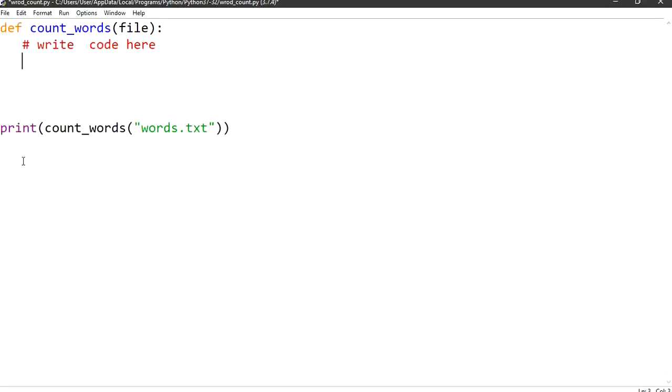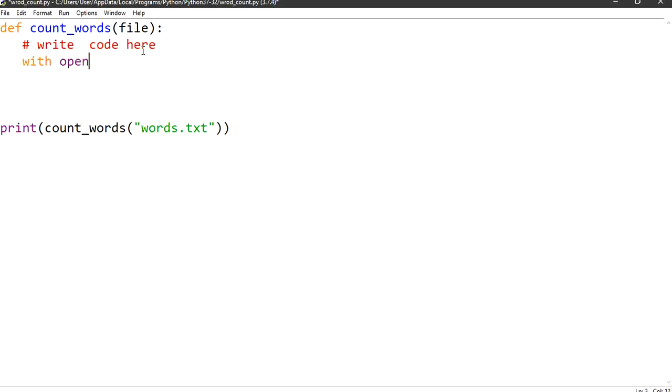So I have created the function, I have called it. Now let's write the code. One more thing I would like to introduce with this program is the with function. I haven't discussed the with function in the video, but this is it, the with function. It is very important.